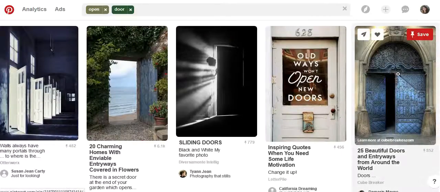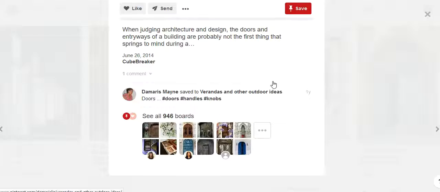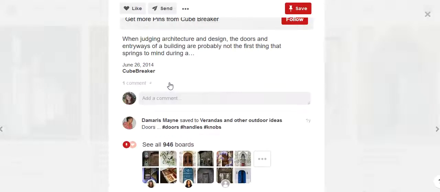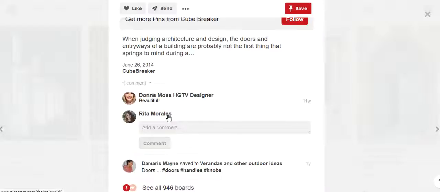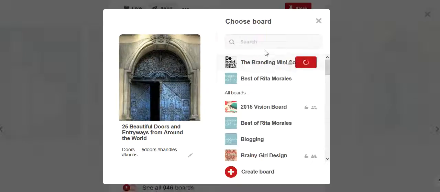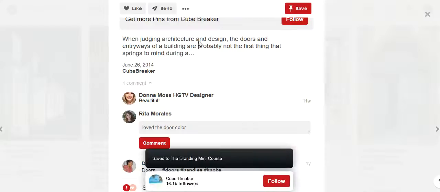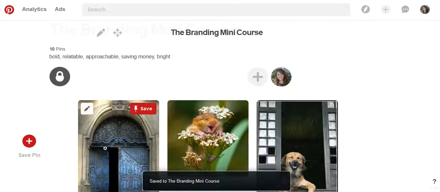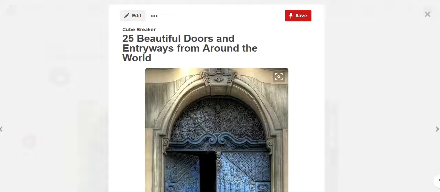So, love the door, color, and save to this one. So now what I'm going to do is I'm going to go back to here, and what